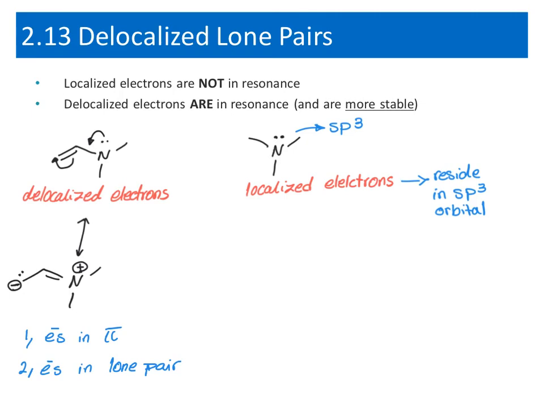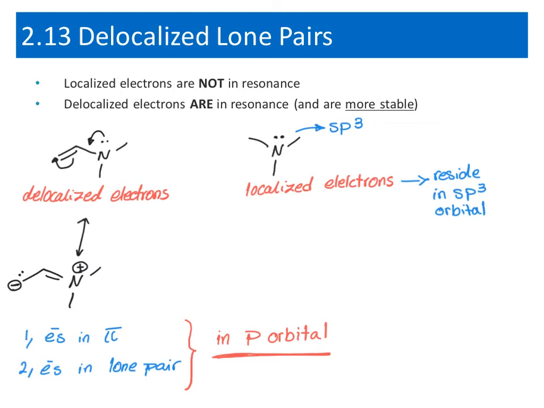But where can we find these electrons? Where are they located? These electrons are located in the p orbitals. Okay, so this is a very, very important point. Remember, only electrons in the p orbitals can participate in resonance. Therefore,